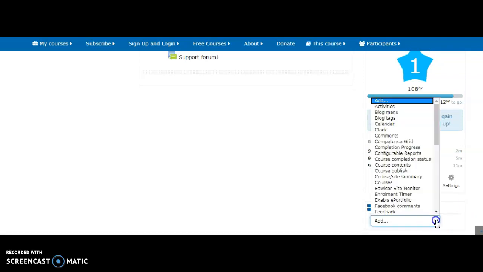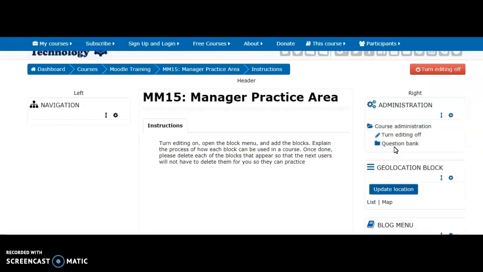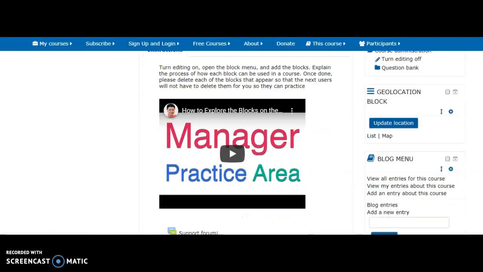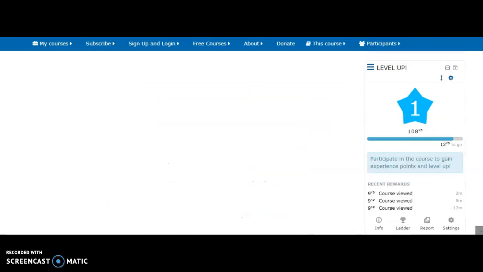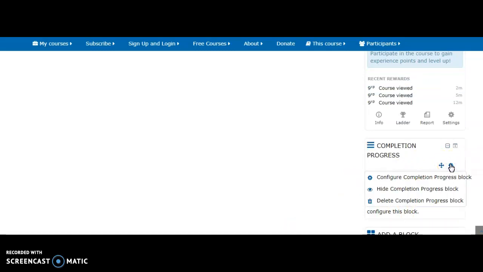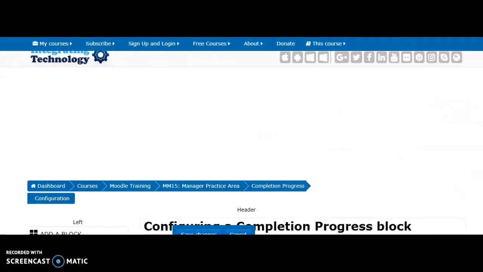Similarly, if you add another block which shows a completion progress, you will find this block here. Now again, if you click on the Action menu and you click on Configure Completion Progress block, you will get various options,